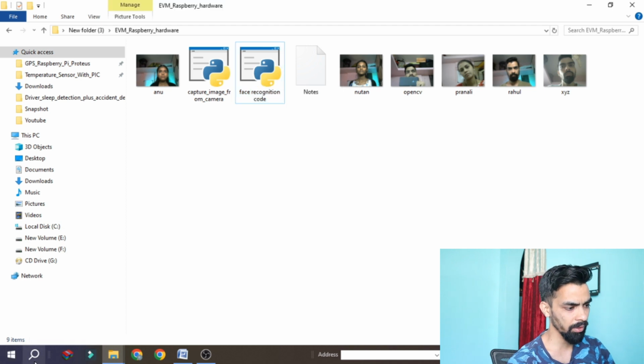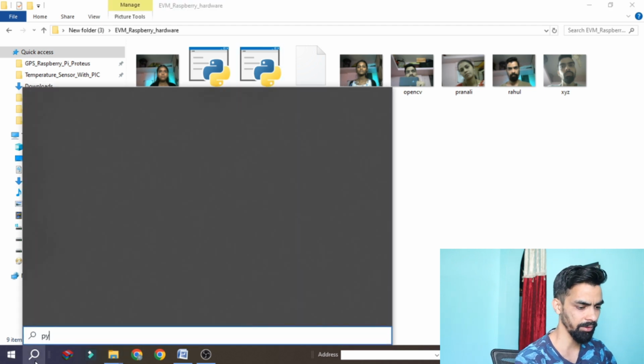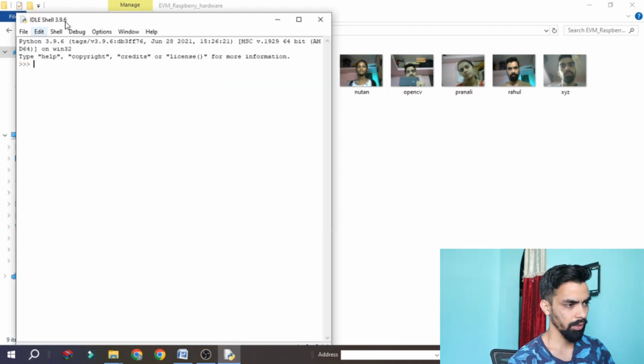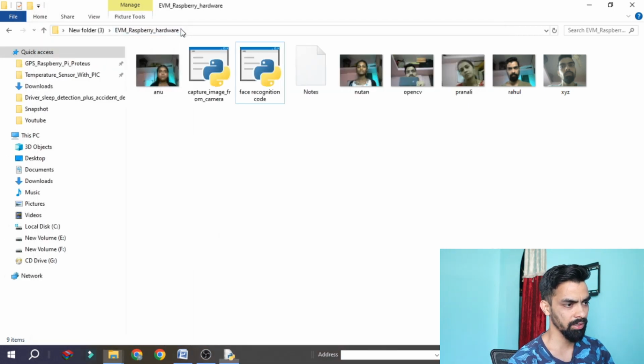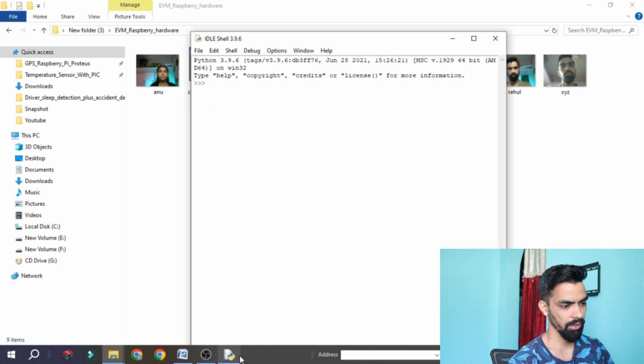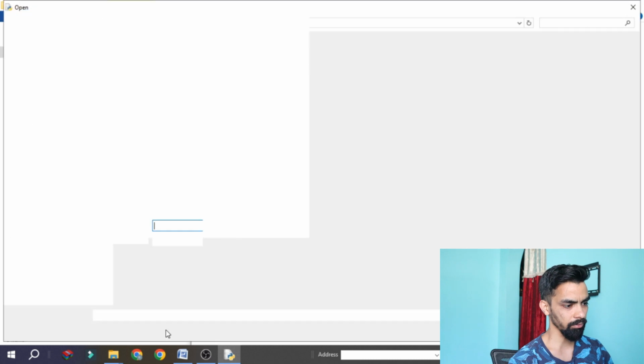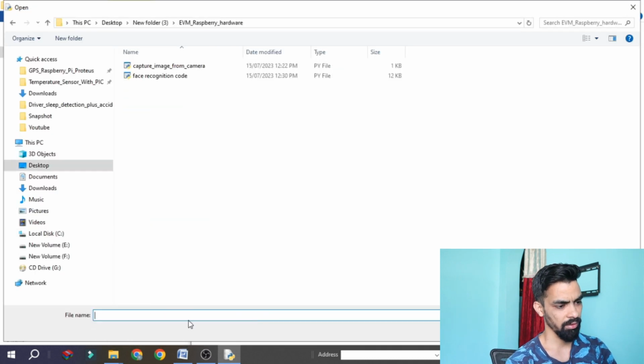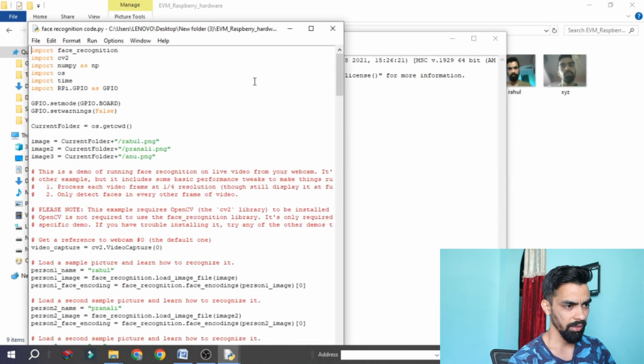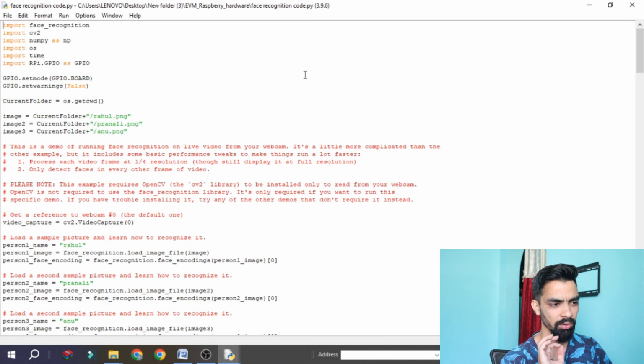Then I have to open this file. How should I open it? First I open my Python IDE. Once I open the Python IDE, I copy this path first. Then in my Python IDE I click File, then Open, and then paste. Then I open my face recognition code and click the open button. This is the way to open the project, and I explain this same way in each and every video. But the problem is you are not watching the complete video and you start asking me questions.